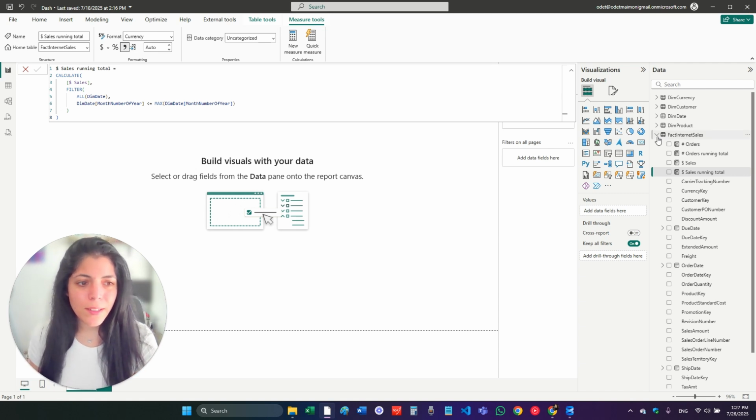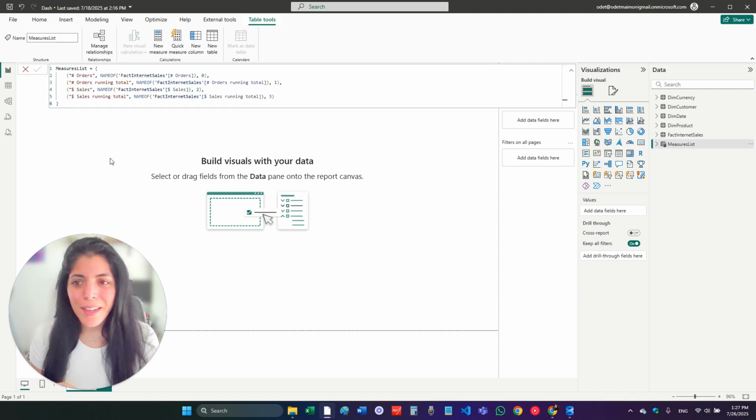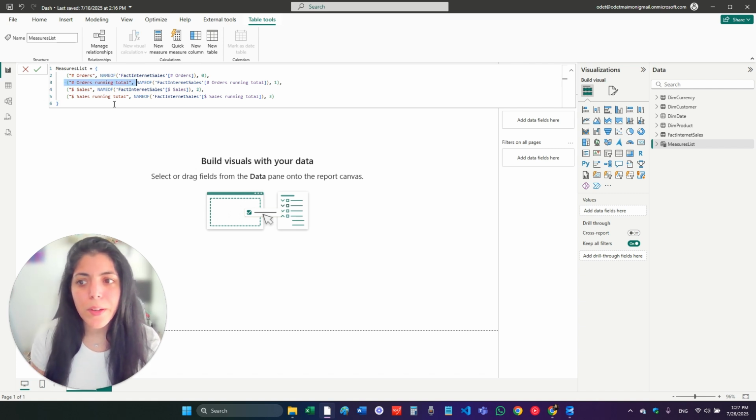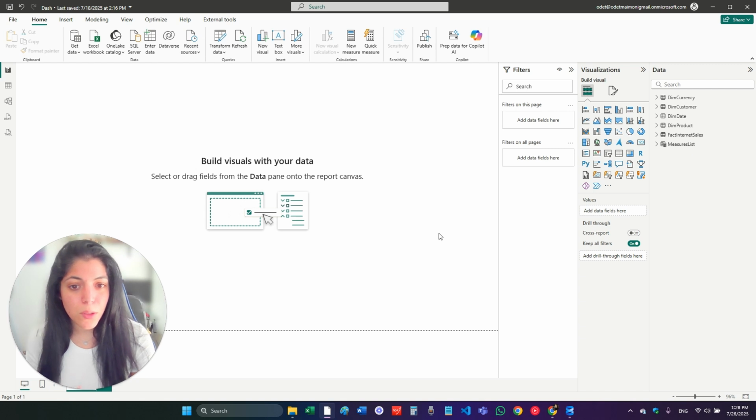So I created this measure list, which is a field parameter that takes all of the measures that I want the user to be able to choose and groups them together. This is still not that efficient because, as you can see, if I want to create more measures that do the same logic, I have to create them again and again. But this feature is useful because